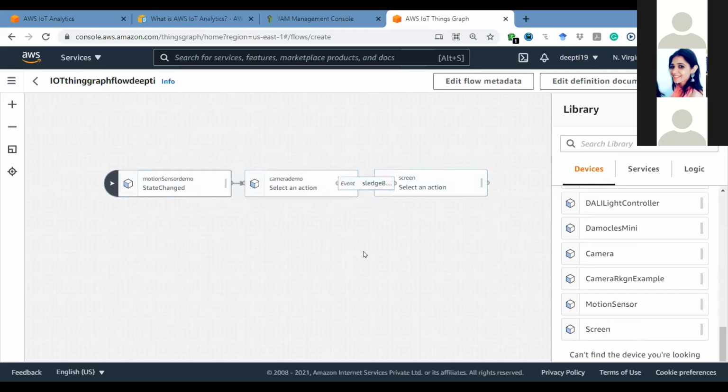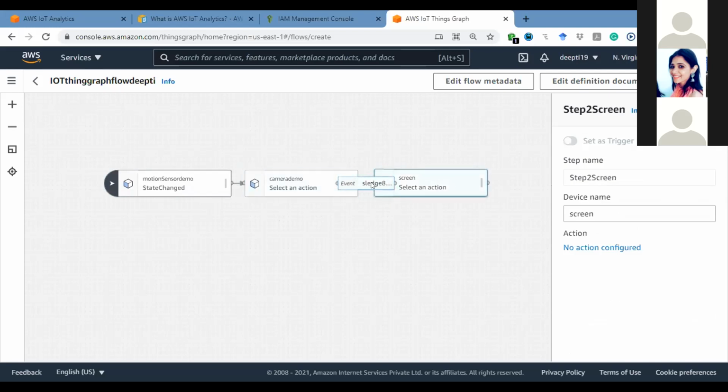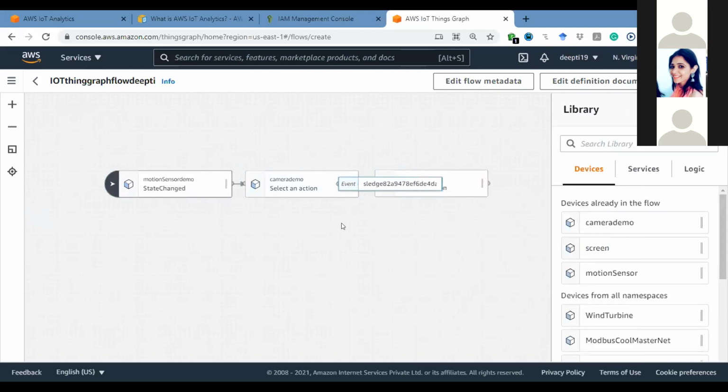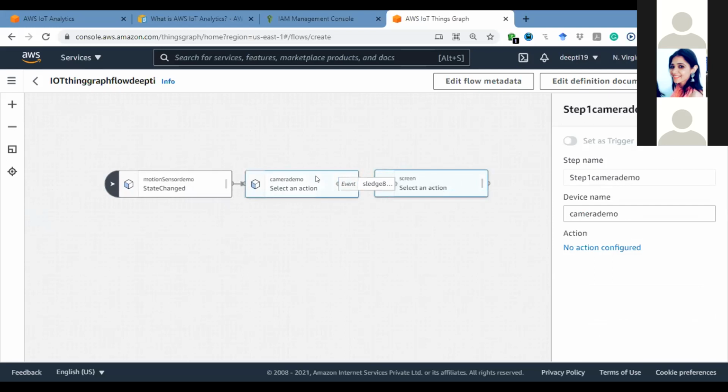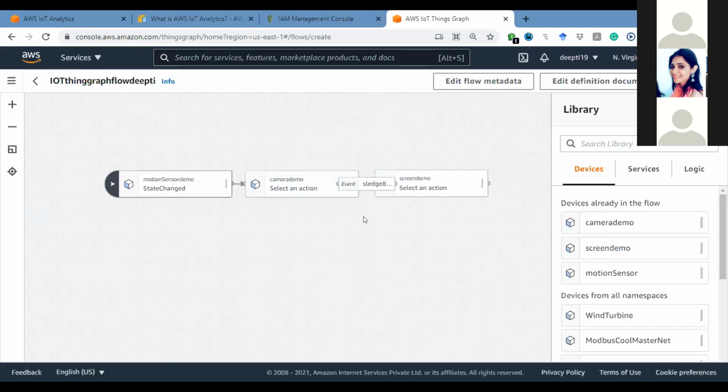Ma'am, I'm not able to connect two devices. How come? Just connect these two dots.